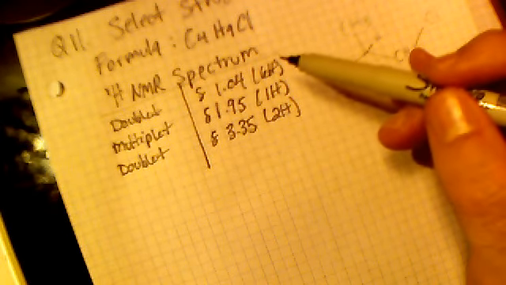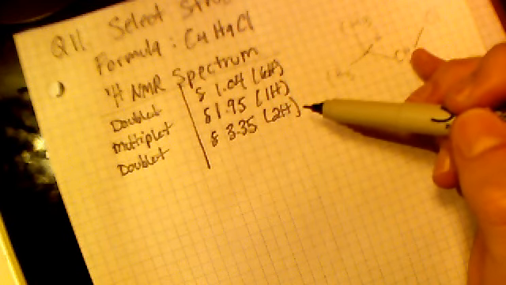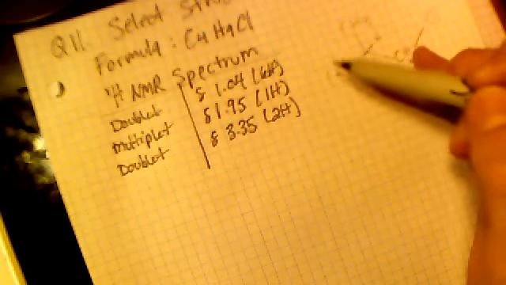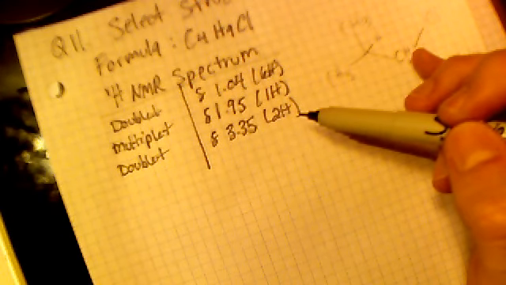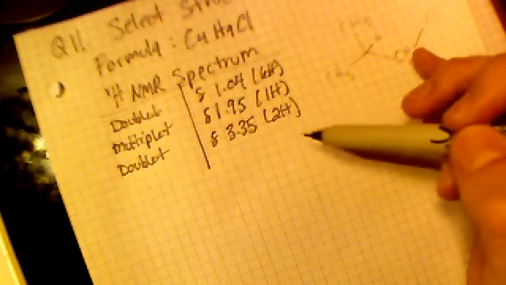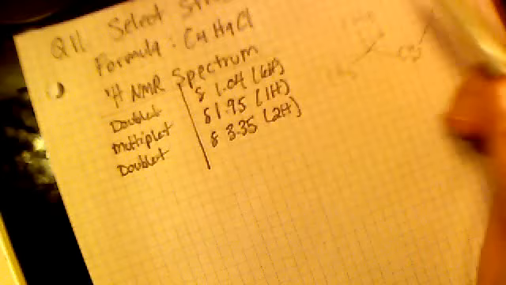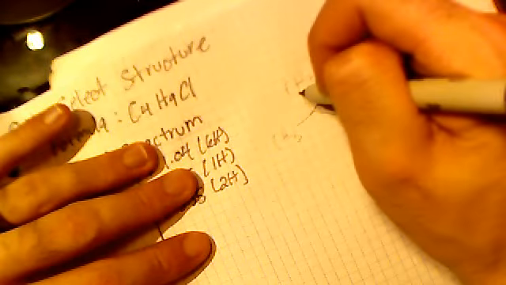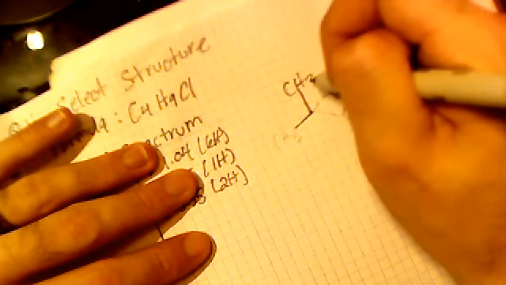It's being split 7 times here, and then all of those 7 could be split 3 times, so it could have 21, or it could be 7 and 3, which would be 10, or there's different ways it could be split. Anyway, it's just being split by a lot. So the structure that makes sense is CH3